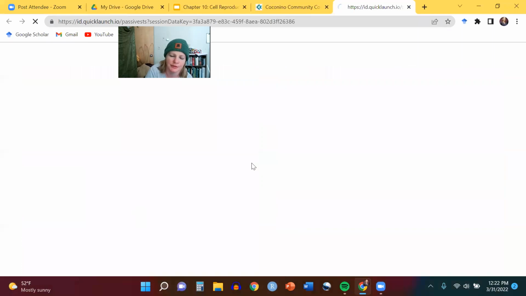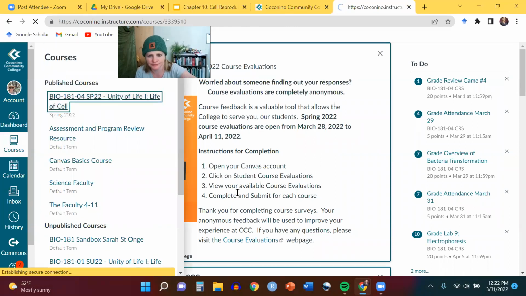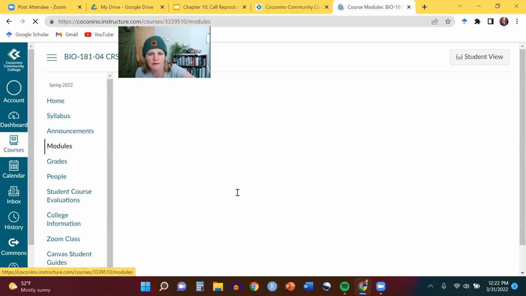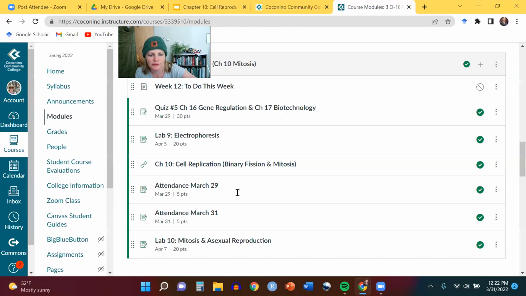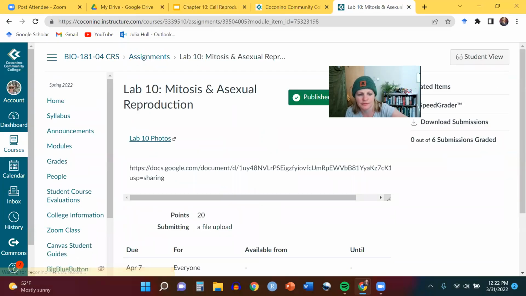Okay, Canvas, here we go. Take us to our course. You can go to modules. We're going to find module 12. We're going to find lab 10. And then if you click on this lab 10 photos,